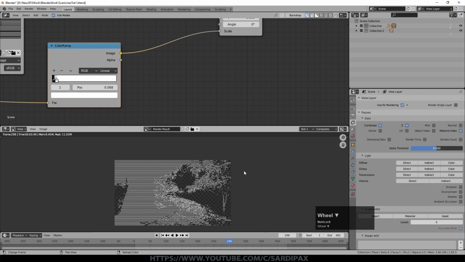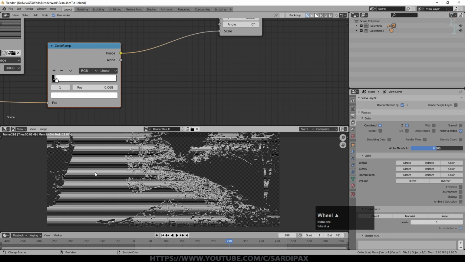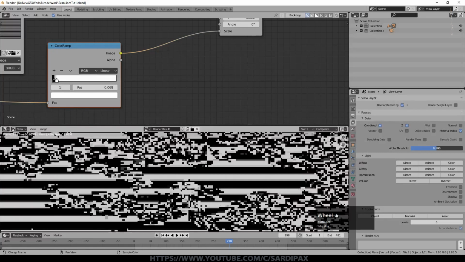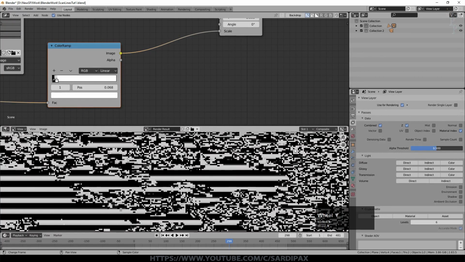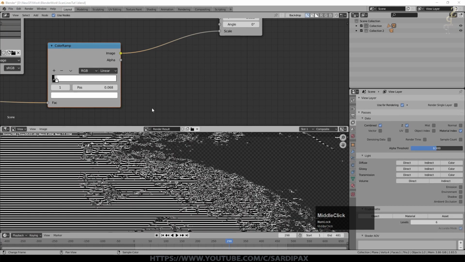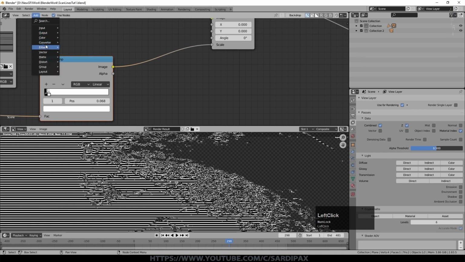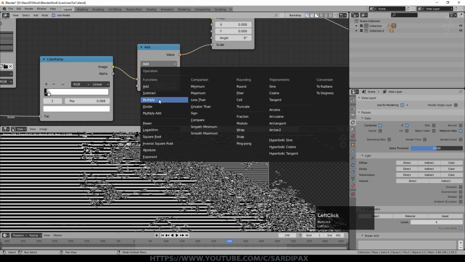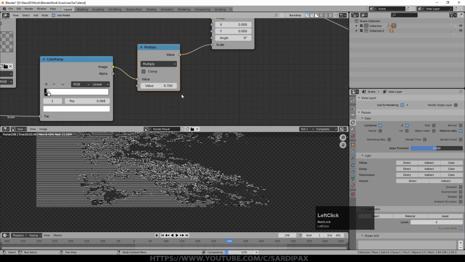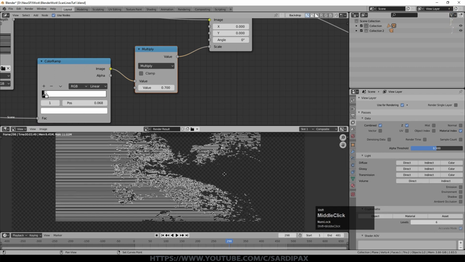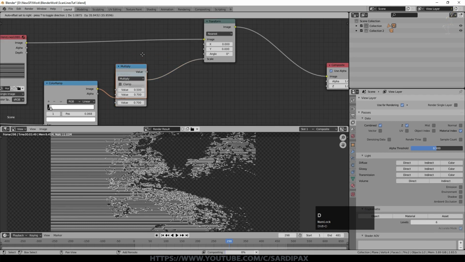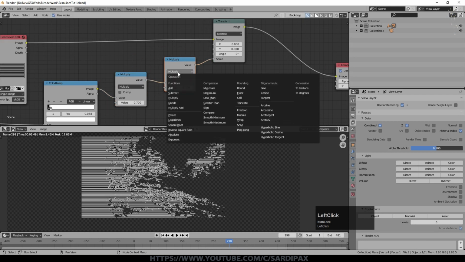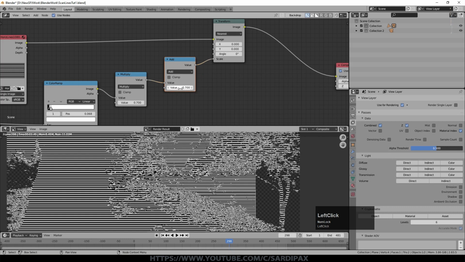So you can now see we've got the nice horizontal lines that I was trying to get. Then there's areas of gap which are transparent, and then there's areas where the lines are significantly distorted. But in order to further tweak that, I added under the converter a math node and dropped that in there. Set that to multiply and set that up to about 0.7. So you can see what's going on as I'm making these changes. Then add another math node and just set this one to add, and I had that at about 0.9.